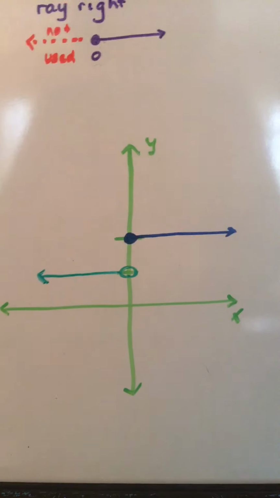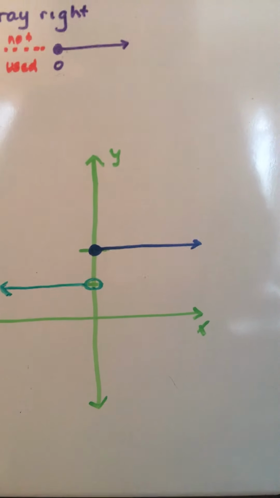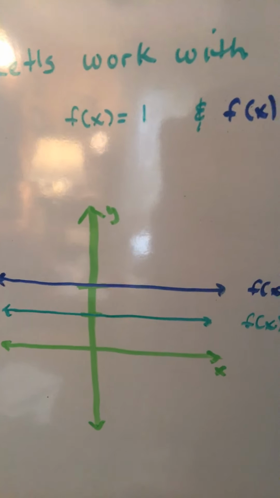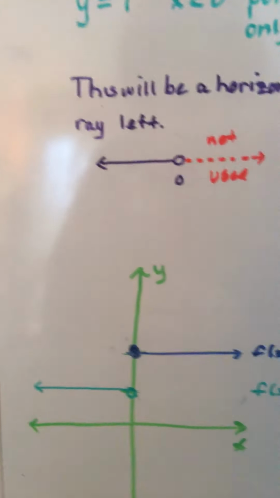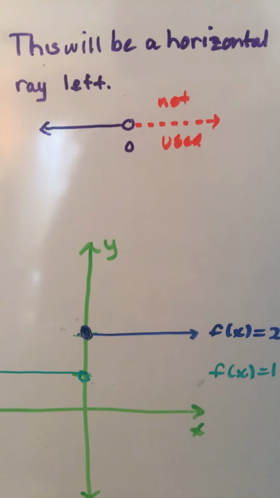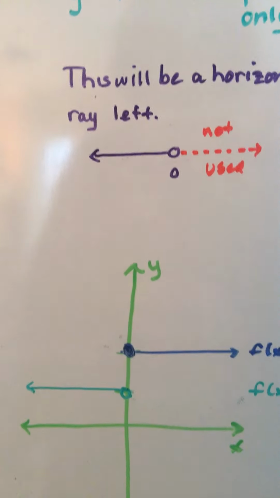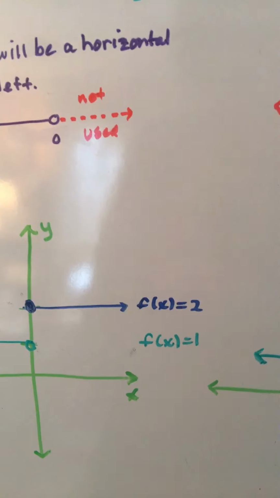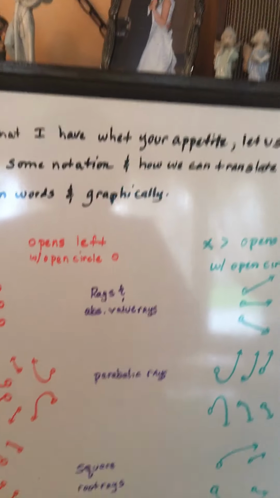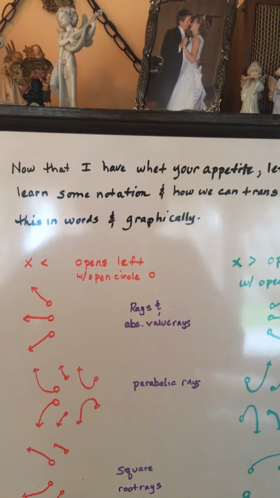And so here is our final graph. This is what we're doing. We're taking two complete graphs of two different functions, and we're erasing part of one and erasing the other half of the other. So we only have the left half of the first one and the right half of the second one. Now that I've whetted your appetite, let us look at some notation and how we have to translate